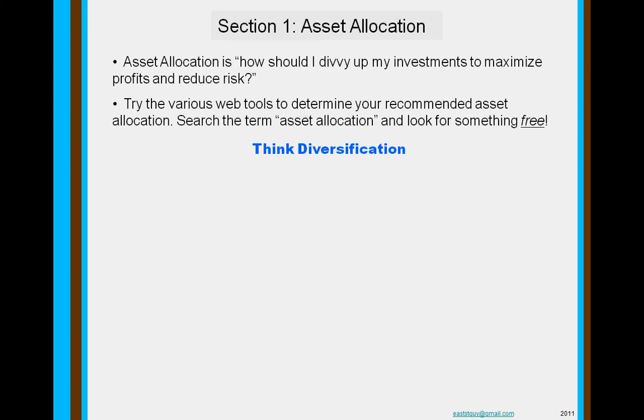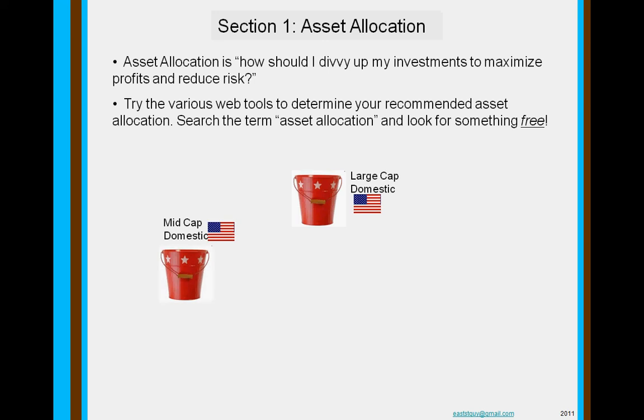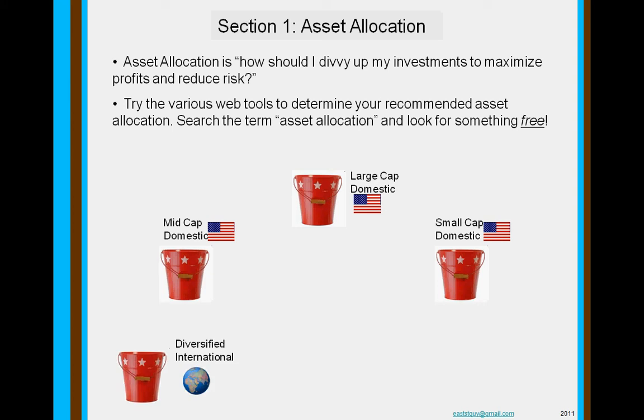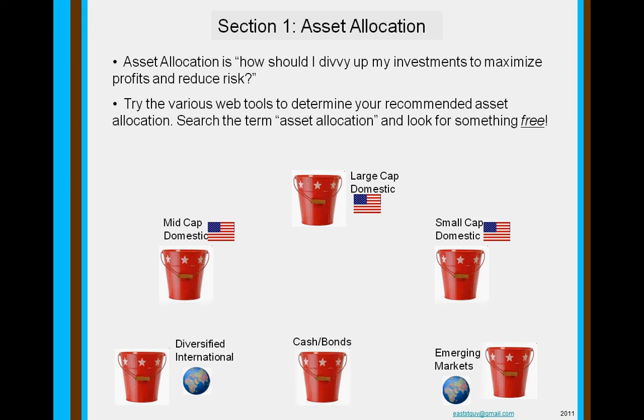These are the common asset allocation buckets. In my full video, I explain more about each one, but here I'll either assume you already know this, or you can do more searching on the web to find out more, or you can watch my other videos. So we have large cap domestic, mid cap domestic, small cap domestic, international and emerging markets, cash and bonds, and